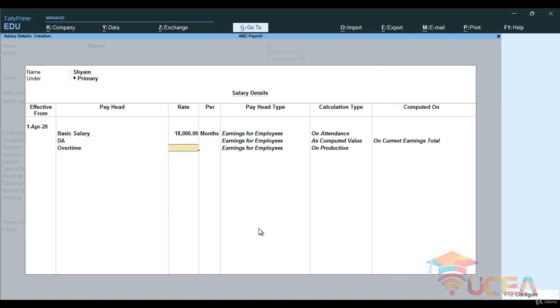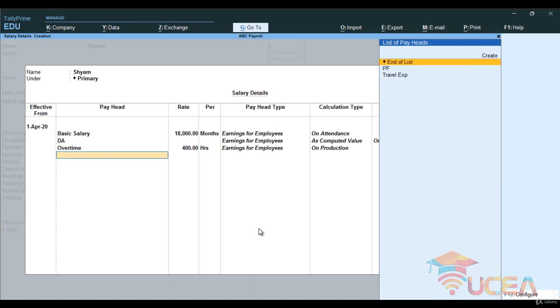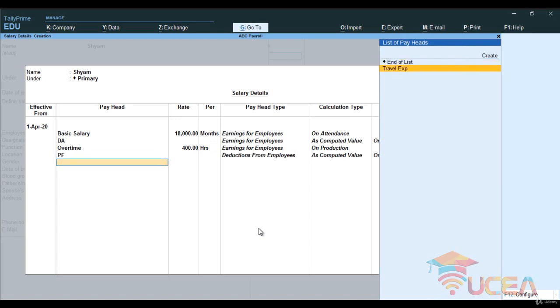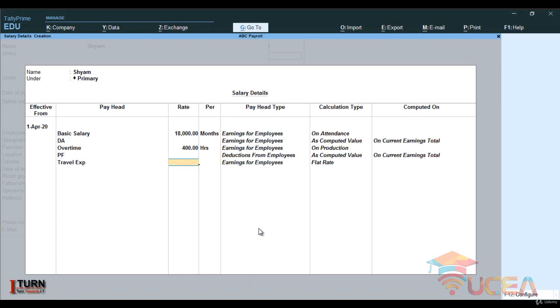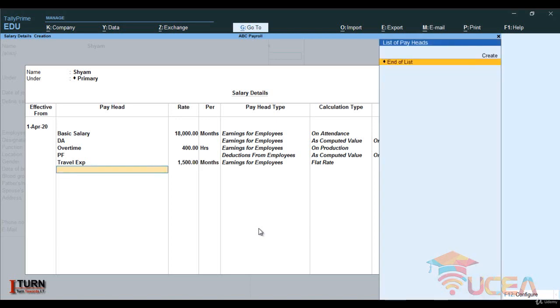Now overtime is calculated based on per hour. So per hour, how much you are willing to pay. So here let's say per hour 400 rupees is the charge. Now next is PF, and next is travel expense. Travel expense is a fixed rate, so here let's say he is getting 1500 as a travel expense.